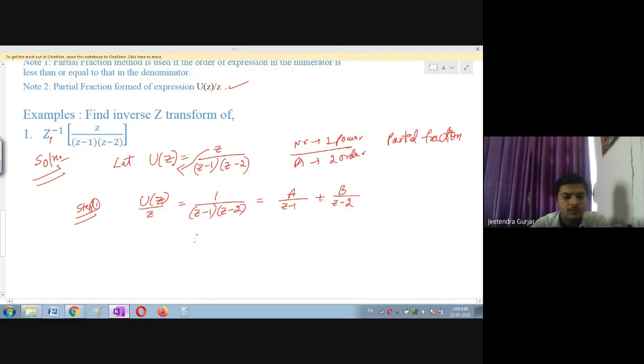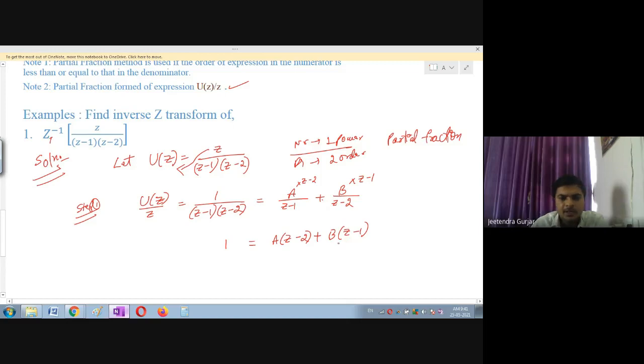So I will solve it. Don't worry. In the beginning, you don't remember the partial fractions, right? So I will tell you the hint. See, partial fraction. Now you will simplify this. So 1 is equal to, keep 1 as it is. Here I am going to take the LCM. I will multiply here Z minus 1 and I will multiply here Z minus 2. So this is going to become A(Z minus 2) plus B(Z minus 1). I think till here it is clear. Any doubt in this, students? Because this is a very, very important step.